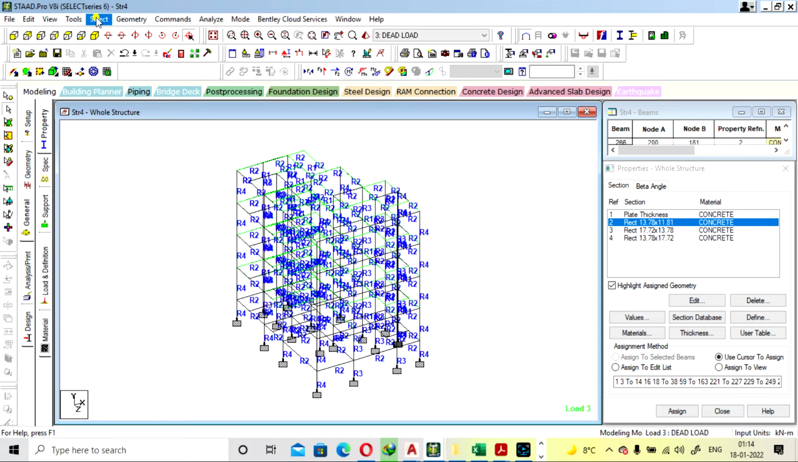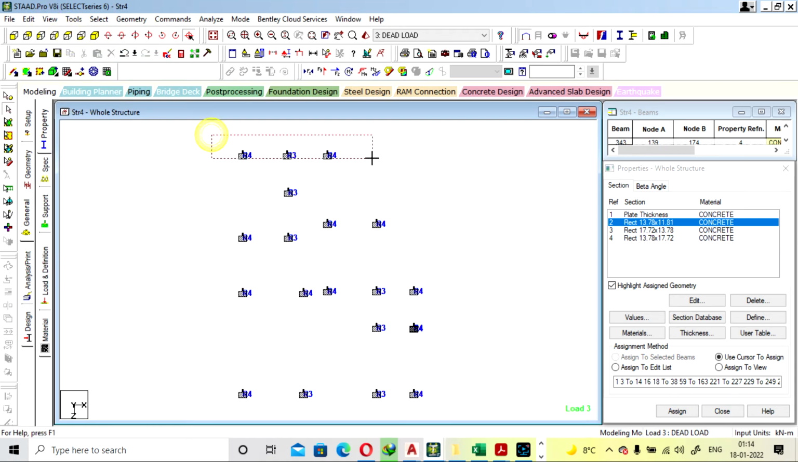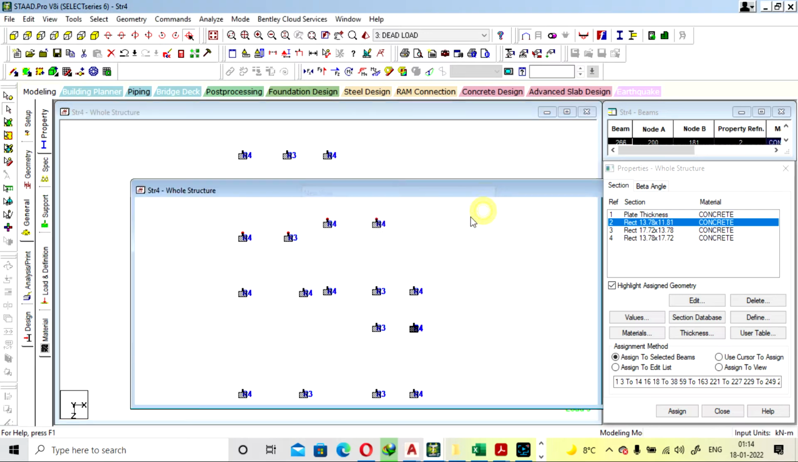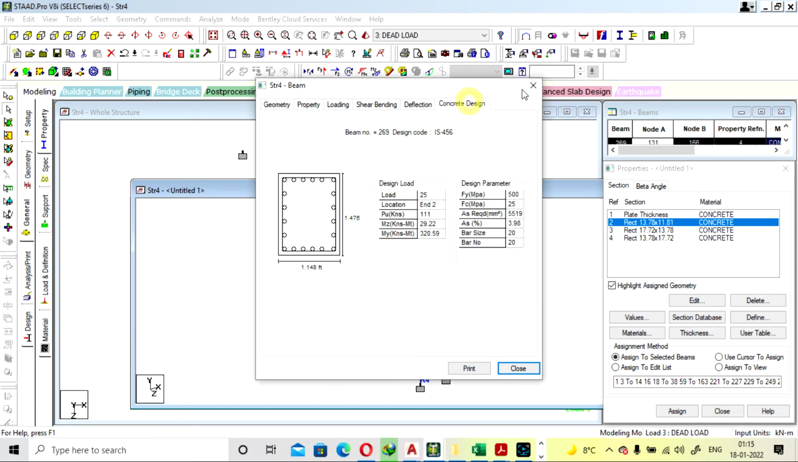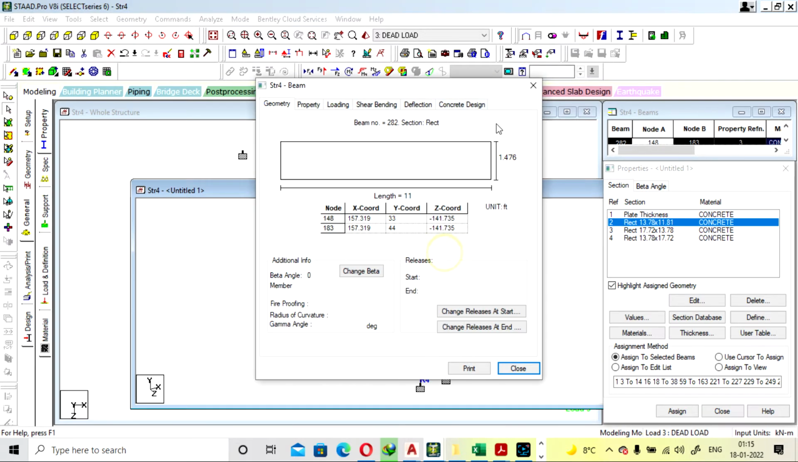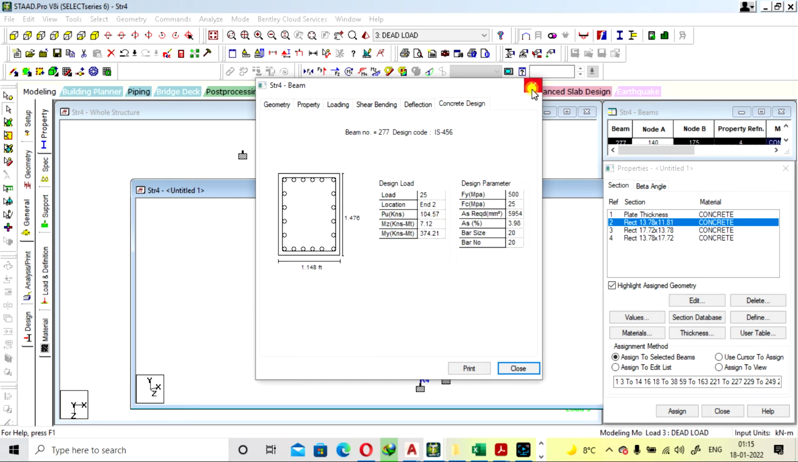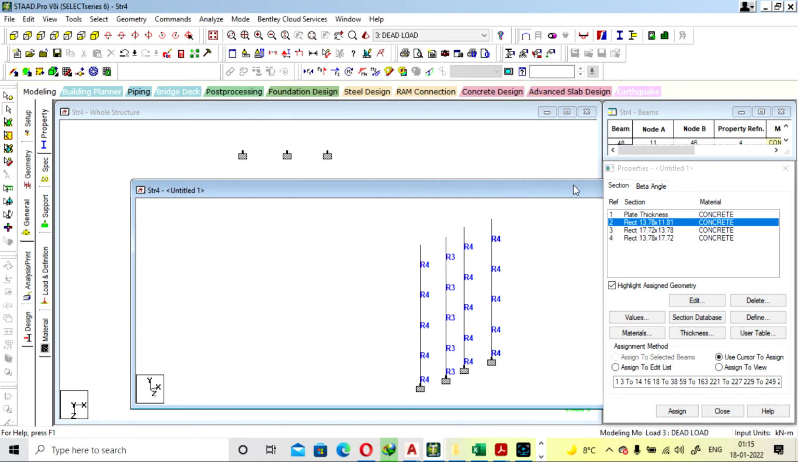Similarly for column, select beam parallel to Y, view selected object only, select what column you want to see, view, new view. Okay, and after that you can check concrete design. Okay, and if it does not pass, you can redesign your section or increase the size of your section or steel percentage. Okay,